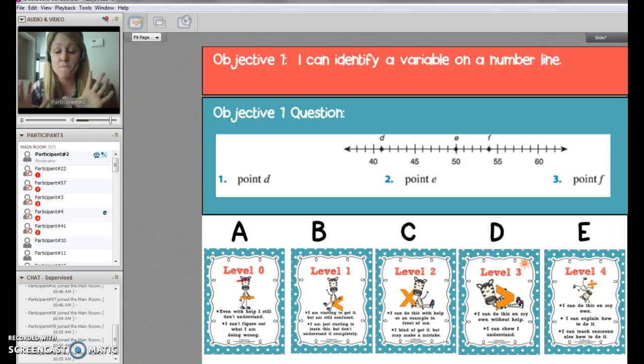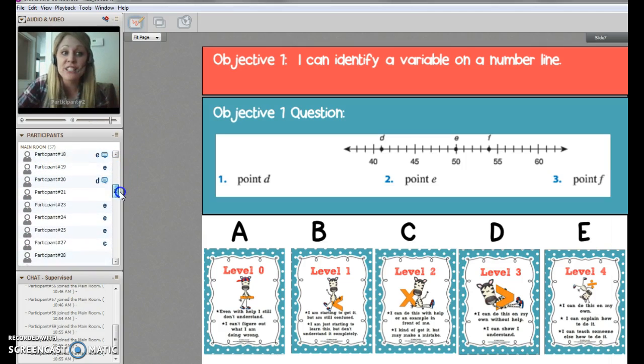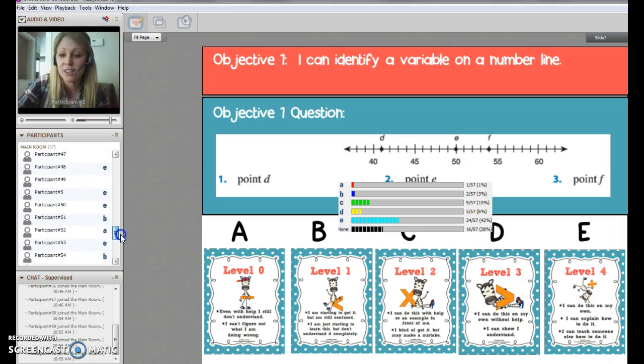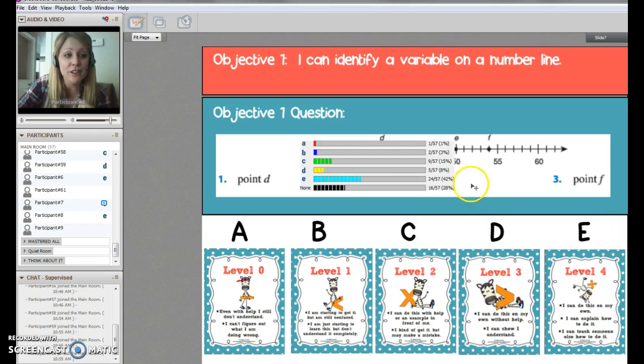So I'm going to give you guys about, I can identify a variable on a number line. This is the objective question. Go ahead and give me an answer, and I'm going to count down from 10. Please tell me that everyone gives me an answer. I'd be so happy. I don't want to waste time. 10, 9, 8, 7, 6. I still have Ian, Shingleton, and Israel that haven't given me an answer. 5. I don't want to send you to the Think About It room. 4, 3, 2, and 1. All right, guys, I'm going to see how many students actually gave me an answer. All right, I had 16 that still didn't. The next objective, I'm going to start sending people to Think About It. So I have a lot of people